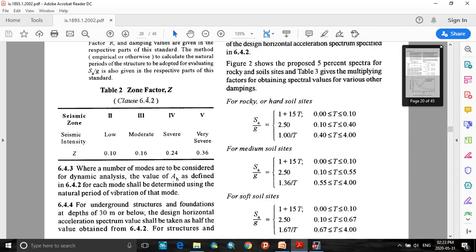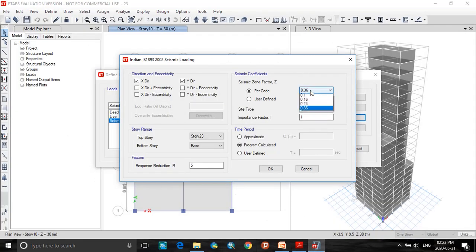From table number 2, the zone factor Z for seismic zone 2 is equal to 0.1. So add as per code, 0.1.